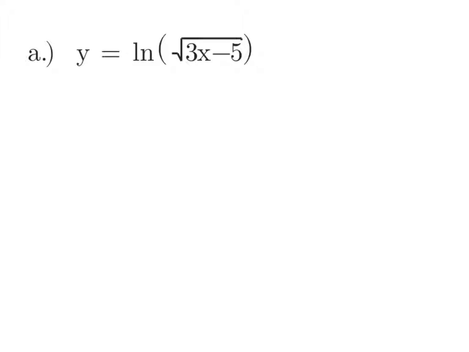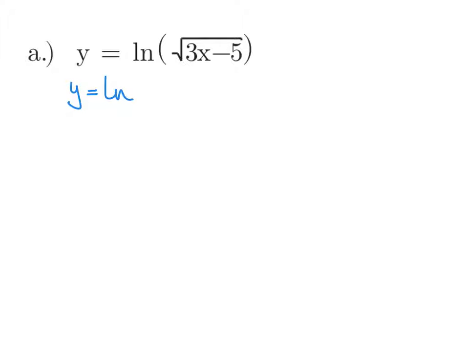The chain rule is really a much quicker version of U substitution. When you're going to use the chain rule, it's important to identify what's on the inside and what's on the outside and work your way through the problem that way. When I look at y is equal to the natural log of the square root of 3x minus 5, the first thing I would do before I even started thinking about U substitution is probably to write it with a